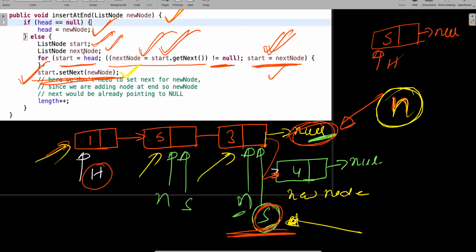Hope I am clear. Now one more thing, sometimes even after I am doing so much effort, I am trying to explain, you might get difficulties, you might not be able to understand. Please draw the diagram 3 4 times, put your brain, put a stress on your brain. Okay, try to understand why this is, why this is, why this is, because this is not something which I learned. I come from mechanical background. Okay, I put my energy, I put my thoughts, and that's where I came to know this.